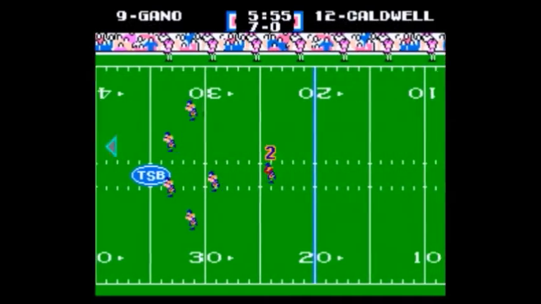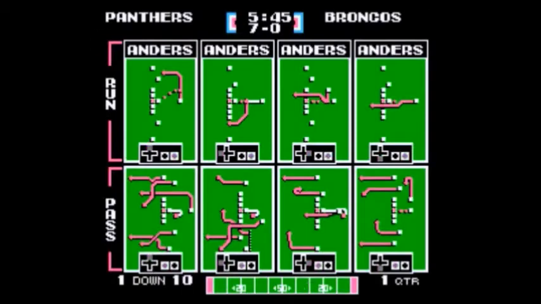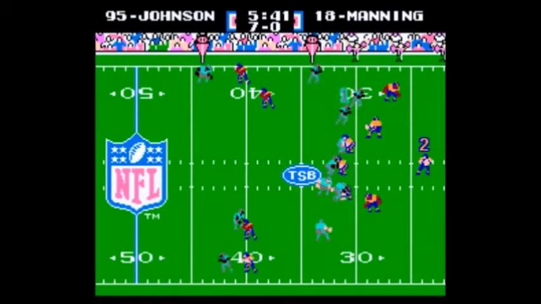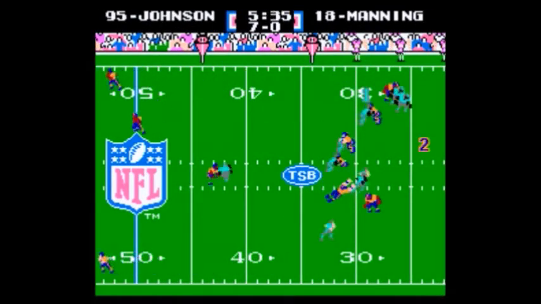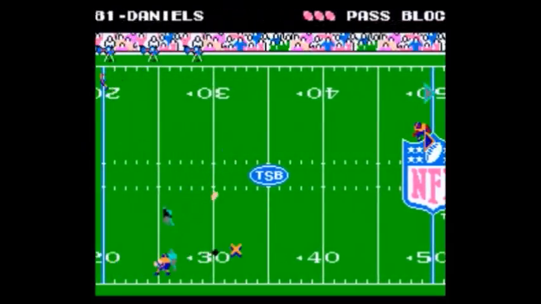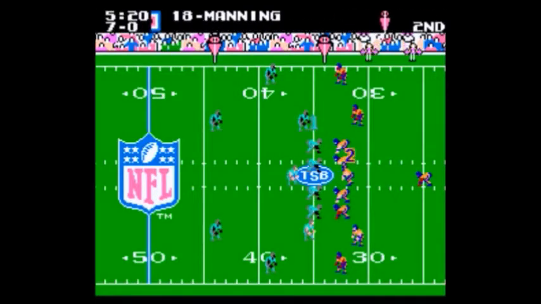Beautiful stuff. Graham Gano, whose nickname in the locker room is Robinson Gano, after the famous baseball player. Not sure why. Could not get a very good explanation from the Panthers locker room after that one. I have to assume it's an in-joke, Bob. Maybe a little bit of partying going on with Mr. Cano. Who knows? He might have signed a big contract to a failing team. Who knows? Ooh, right you are, Bob. Although, hard to say, but a team is not failing when we're playing here in the Super Bowl.